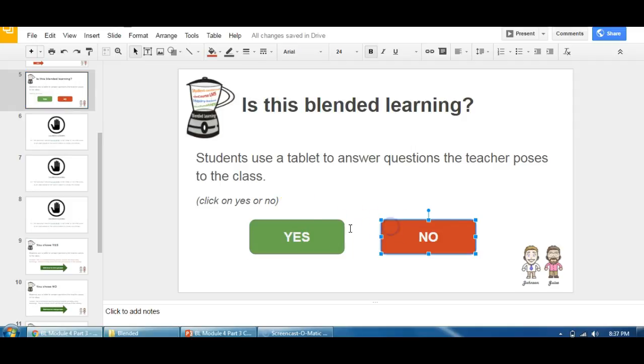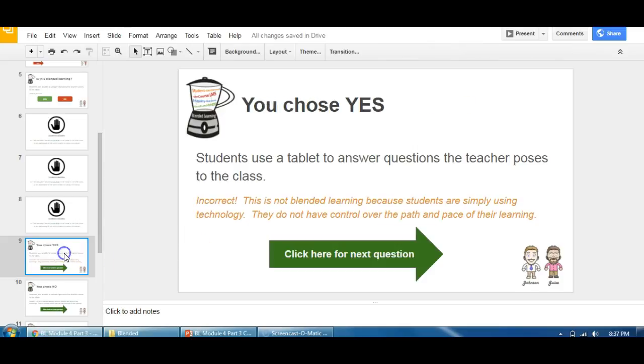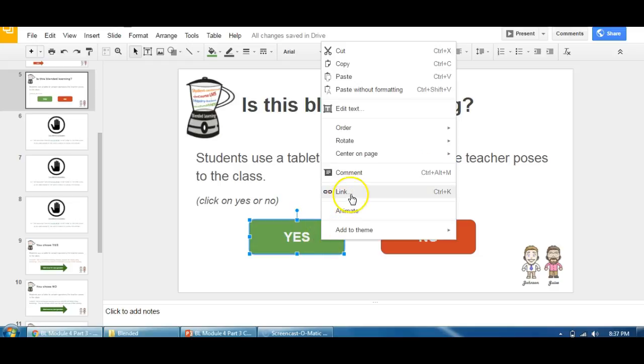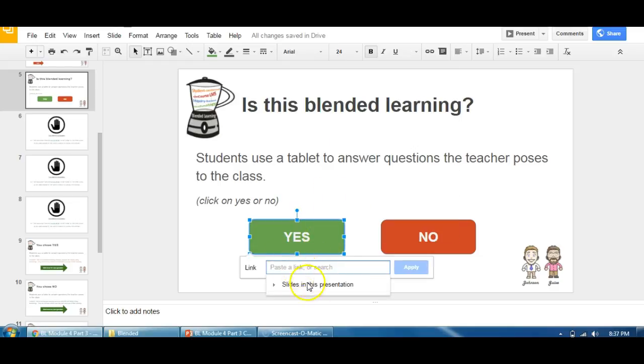the buttons to them in the proper way. So let's start with the yes button. I know when somebody clicks yes, I want it to link to slide 9. So the way you do that is click and highlight the whole box, right click on the box and go to link. That's going to pull up a box here where you can enter in a URL for a website,